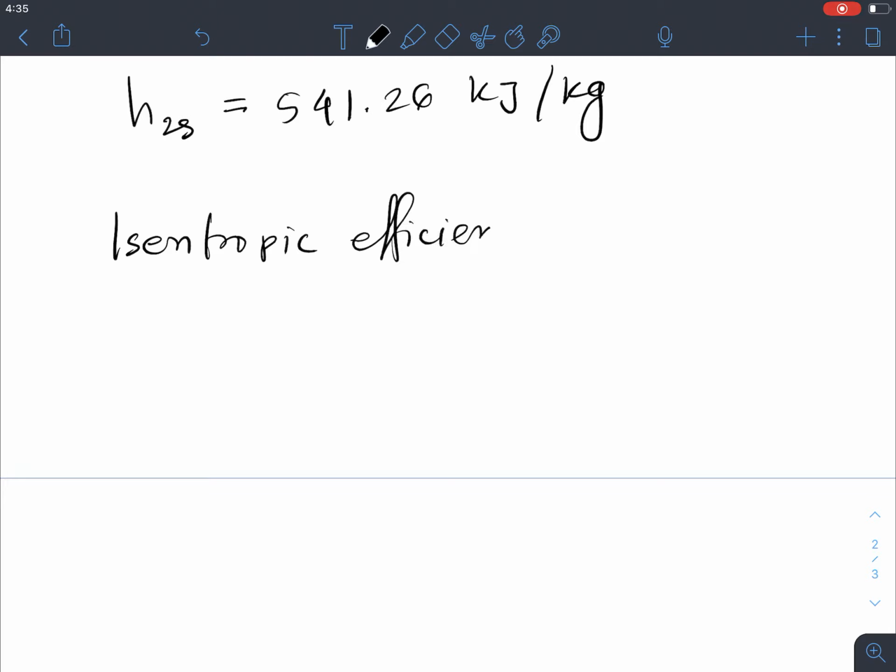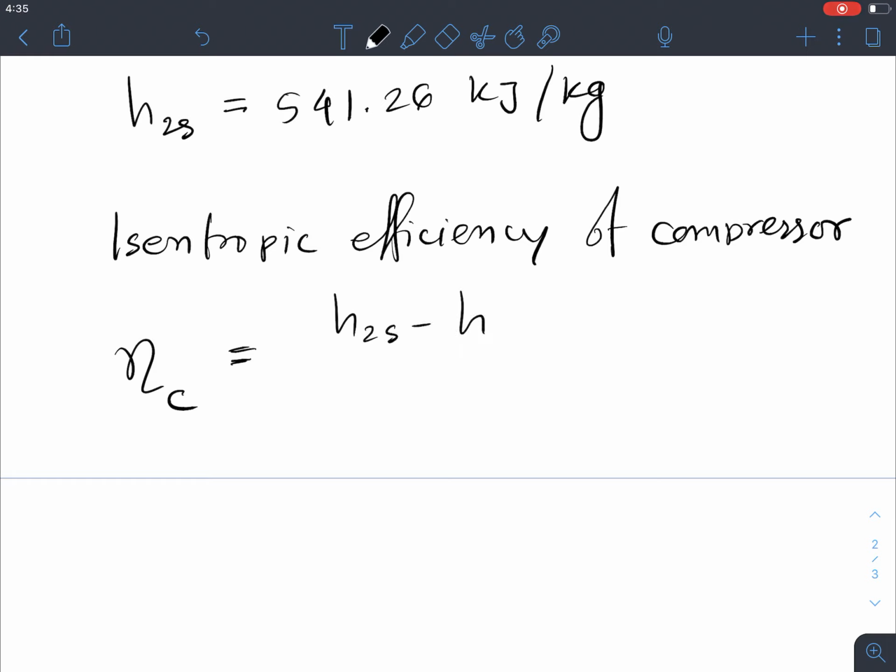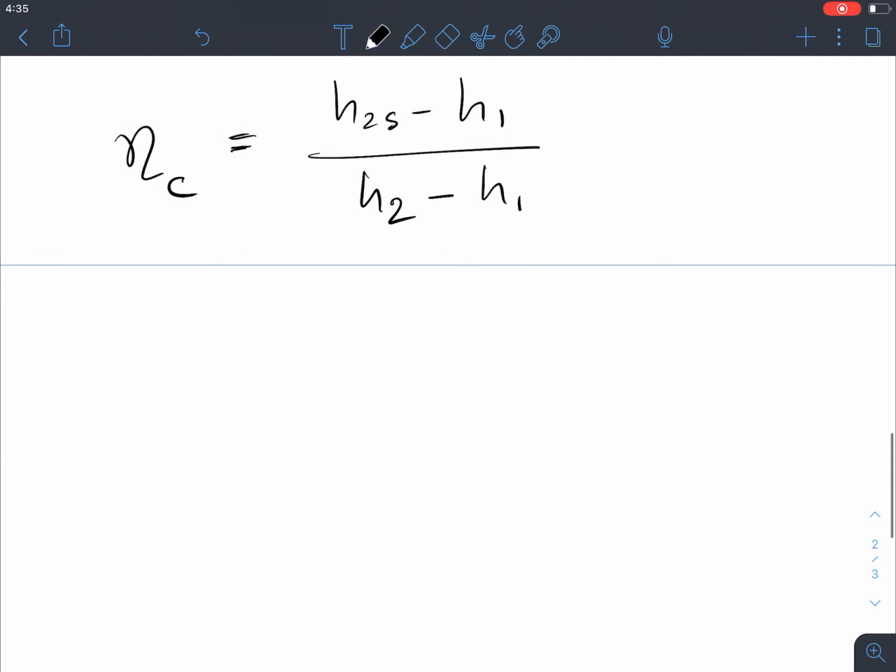Now from chapter 7, if you remember, the isentropic efficiency of the compressor is equal to H2S minus H1 divided by H2 minus H1. So basically from this equation you can write